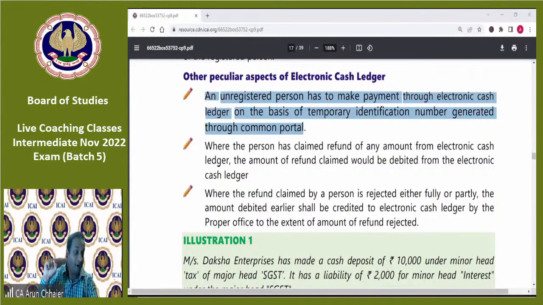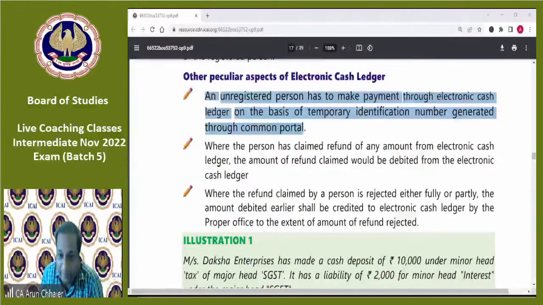It is valid for, excellent Rekha and Puja, it is valid for 90 days and you can use it for payment of the taxes. The same thing they are saying, unregistered. For Haryana, I am an unregistered person. And suppose I have to make the payment through cash ledger on the basis of the temporary identification number generated from the government portal, www.gst.gov.in,